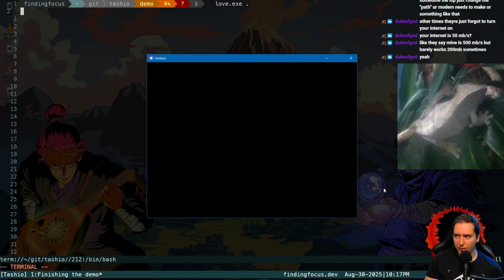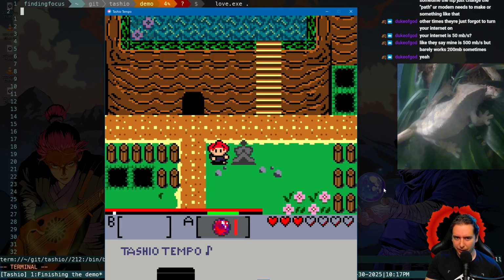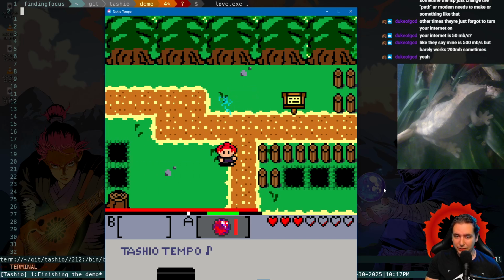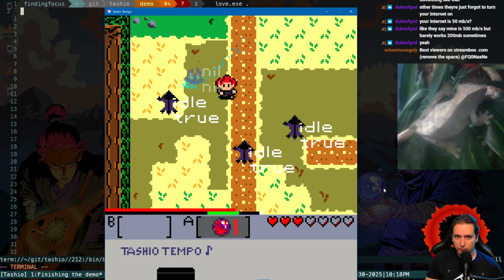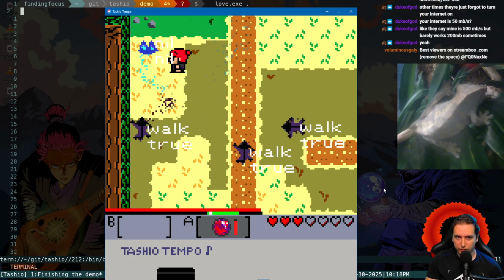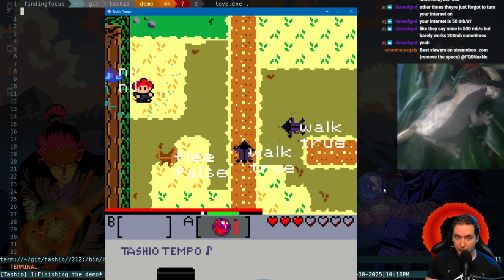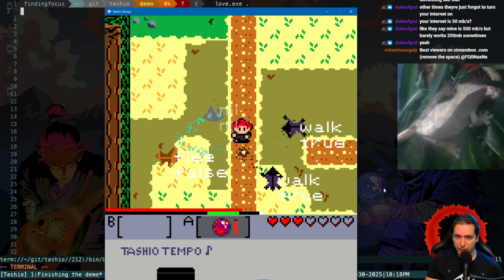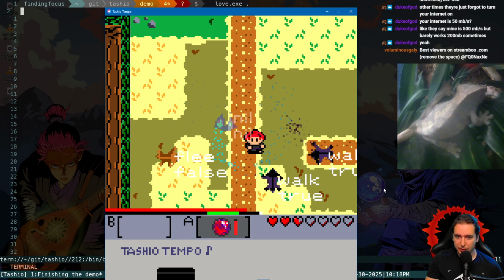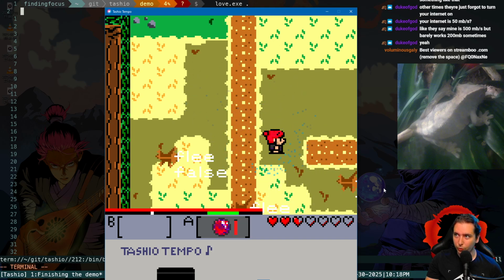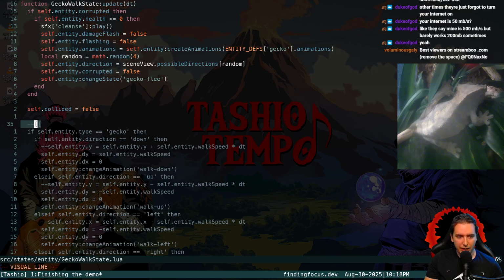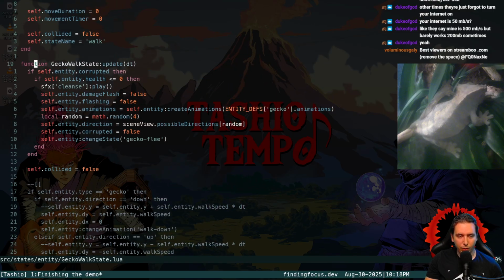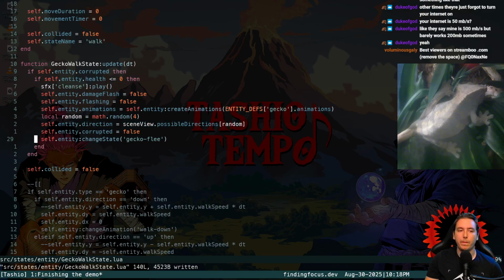If I turn that off, do they get cleansed again? Because now they're not walking. They're in the same state. They're in the walk state. Okay, they're in a walk state. Yeah, what the heck? As soon as I try to modify their DX, they just don't get cleansed. And the cleansing is happening only here in the walk state if they're corrupted and they don't have this. So